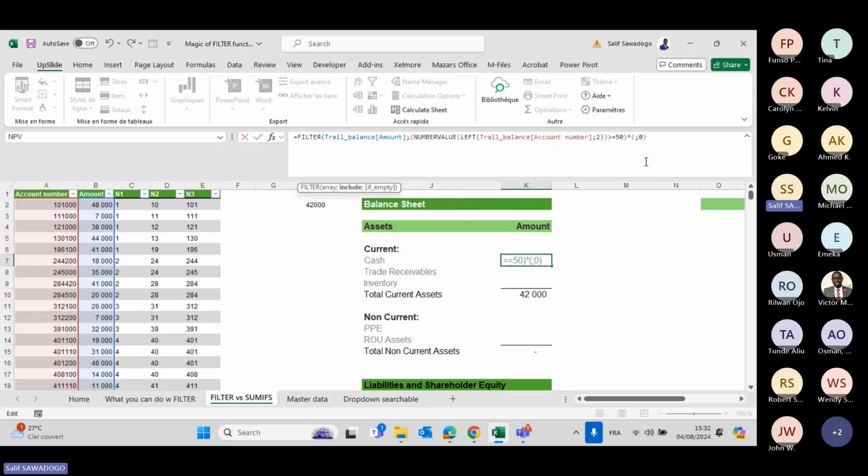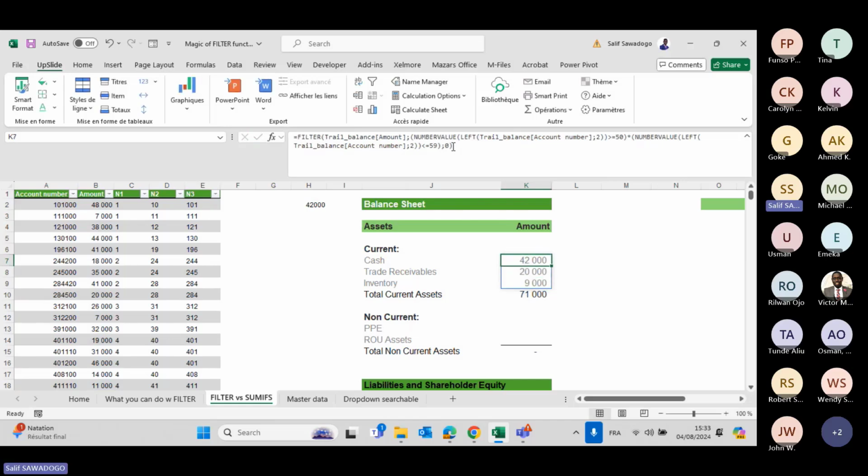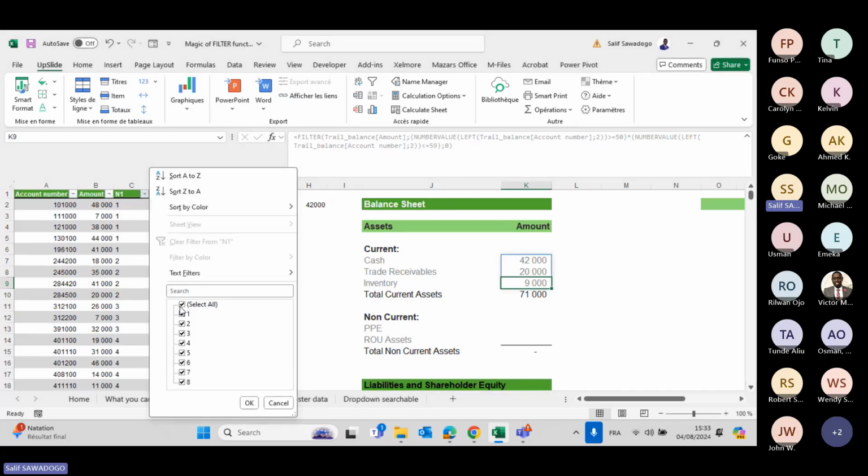Okay, with this, I'm gonna do less than or equal to 59. Yes. So here we're returning all the three accounts. This is gonna be the account number starting with 52, 57, and 58. You can see that here if we go back to the